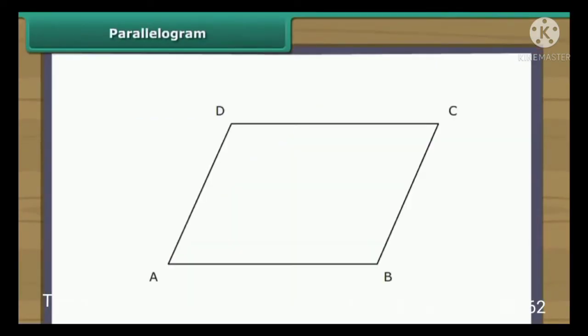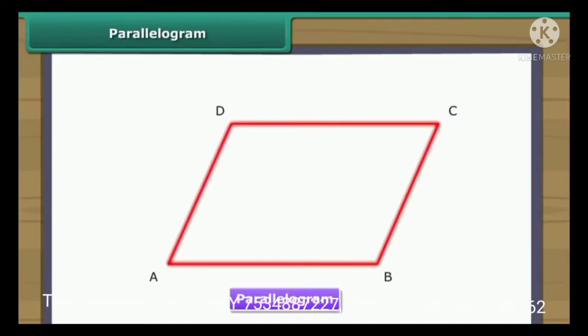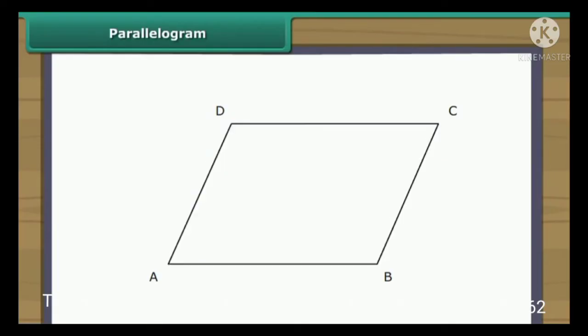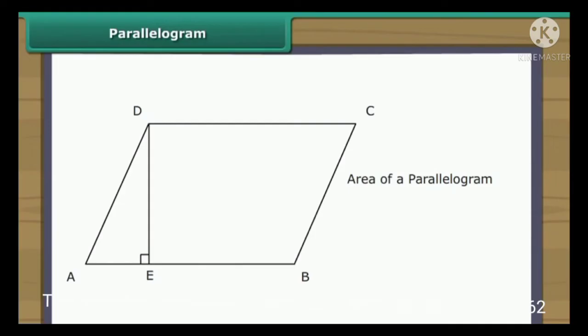Parallelogram. Students, see the following figure. Can you name the figure? It is a parallelogram. A parallelogram is a four-sided closed figure having opposite sides parallel to each other. Can we find the area of this figure? Yes, by using the formula for the area of a parallelogram. For this you require the measures of the base and the distance between corresponding parallel sides. The area of a parallelogram is the product of its base and the distance between the parallel sides, that is, the height